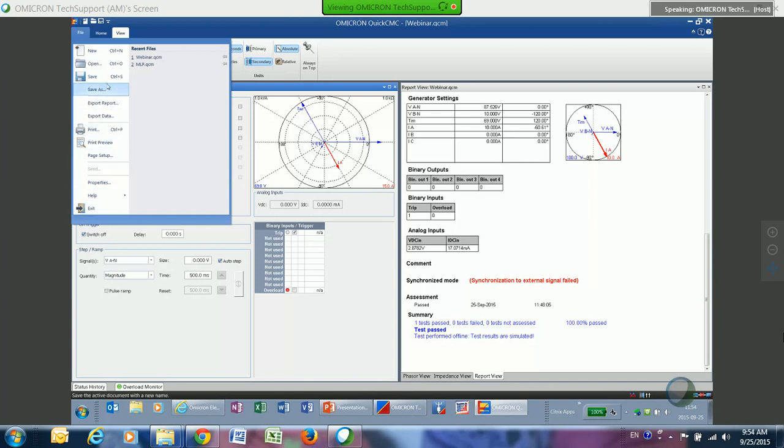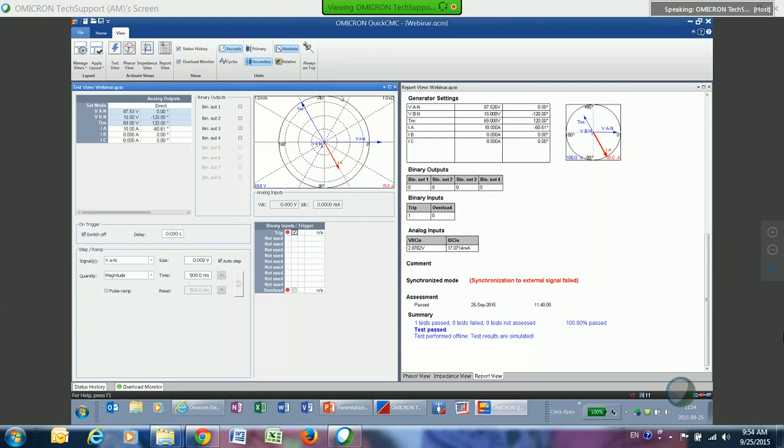I could do a save as, just kind of your typical Windows commands. I can export my report or export the data. And if I choose, I can print this. I can do a print preview. I can do my page setups. And those are all pretty much just kind of window commands that you've got out there. With this, basically,